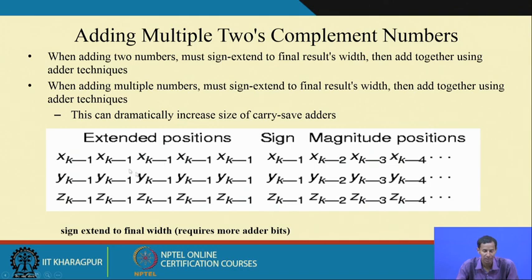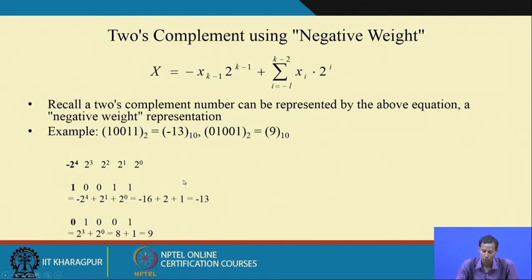Initially, for unsigned multiplication, this position was vacant. As I fill it with the extended sign bit, I need more adders at these positions, whether full adder cells or half adder cells. So, this will increase the size of the carry save adder or full adder cells. The 2's complement representation is basically a negative weight method.